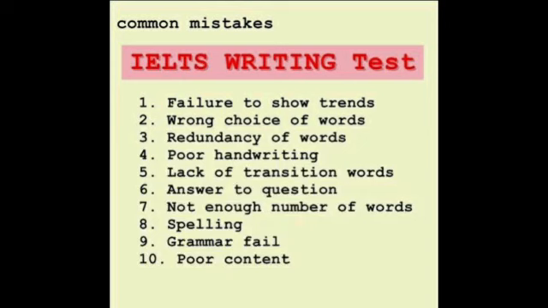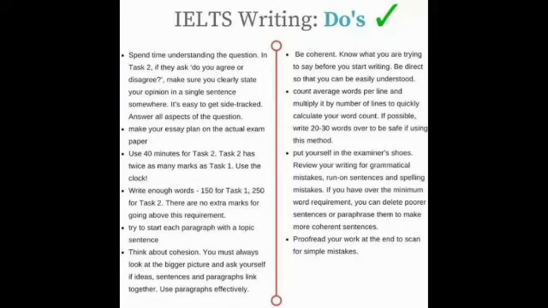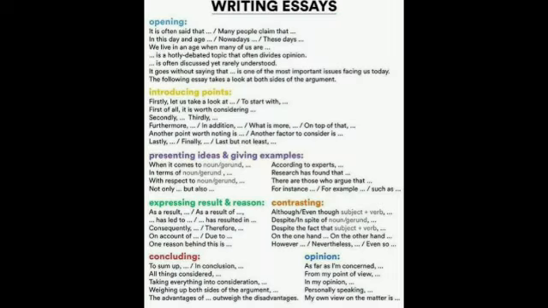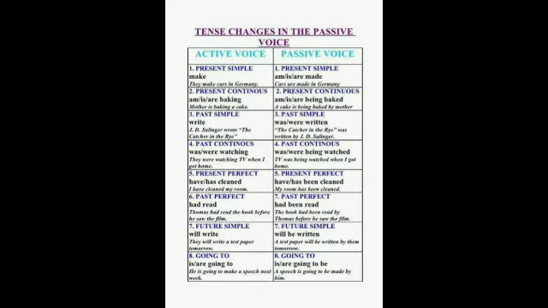Tip number 5. You must write both your answers in full, not in note form or in bullet points. You must arrange your ideas in paragraphs to show the examiner that you are able to organize your main and supporting ideas. Tip number 6. You do not have to write very long sentences to do well in your writing test. If sentences are too long, they will become less coherent and also make it harder for you to control the grammar.